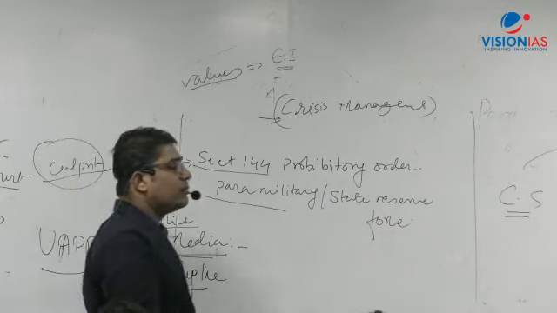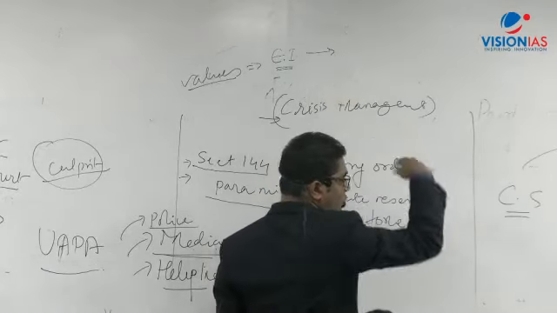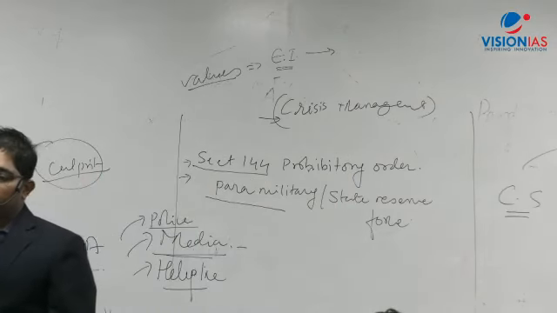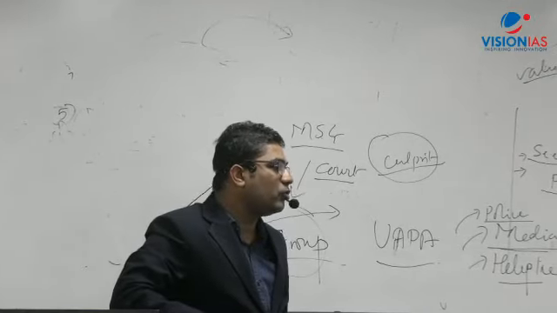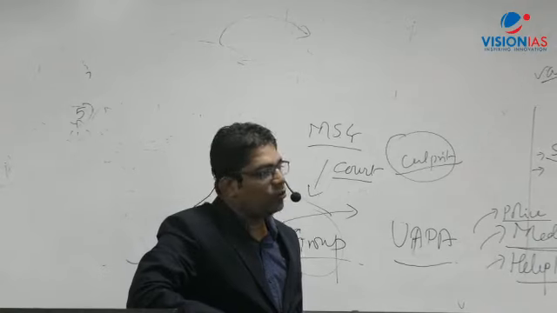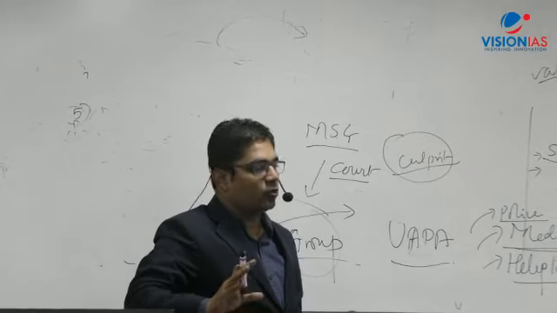Knee-jerk reaction can be counterproductive here. So one needs to take stock of the situation properly and respond in a well-planned manner rather than hastily responding or resorting to something which can become counterproductive. Second thing is, it's not only about emotional intelligence with respect to others, you yourself will be at